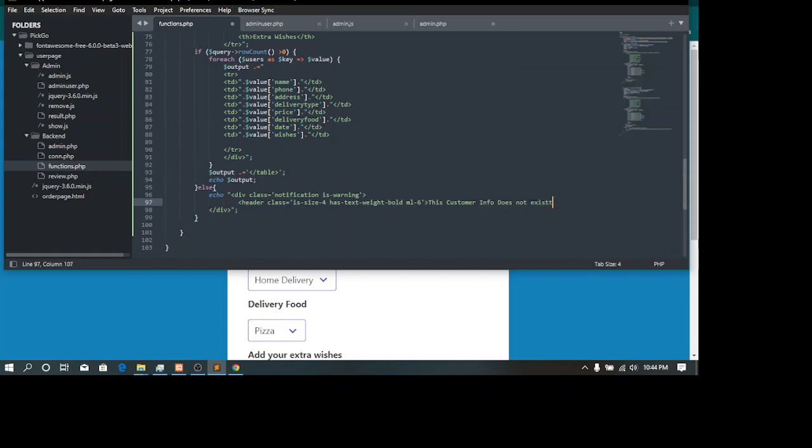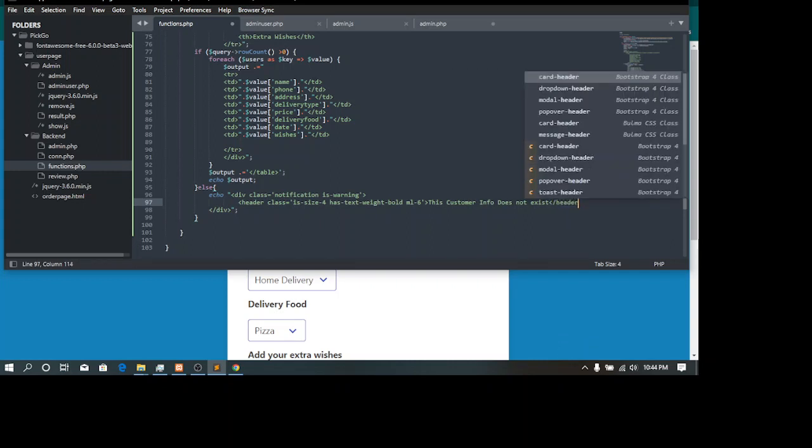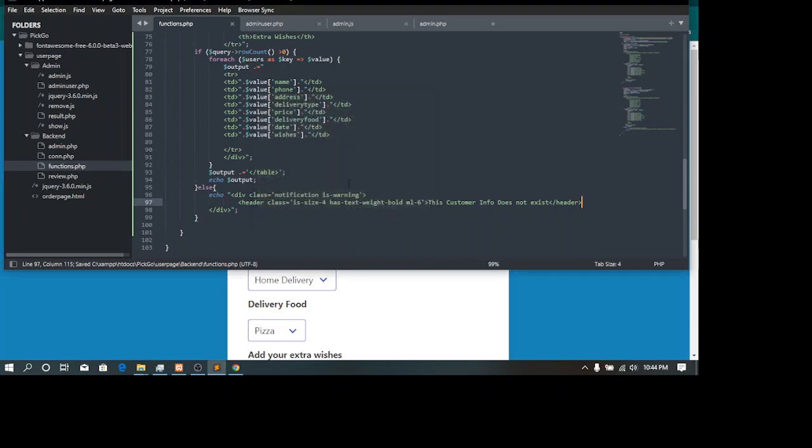Just spell exist anyhow, doesn't really matter. Does not exist. Then we'll close the header tag like that. Okay, I think we're good now.